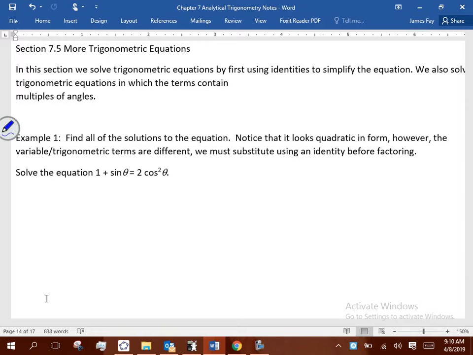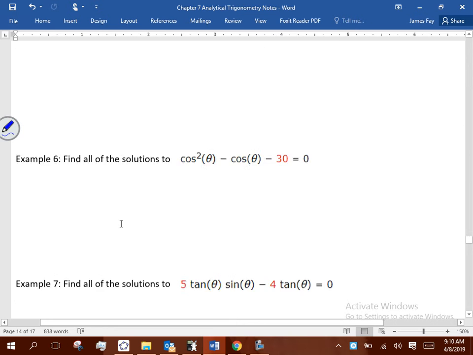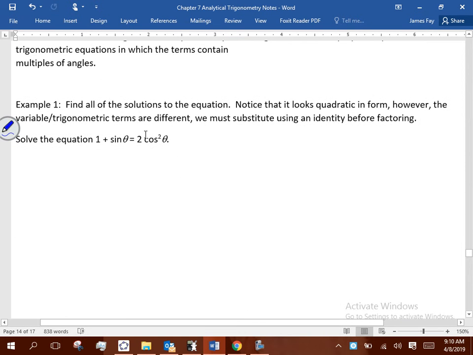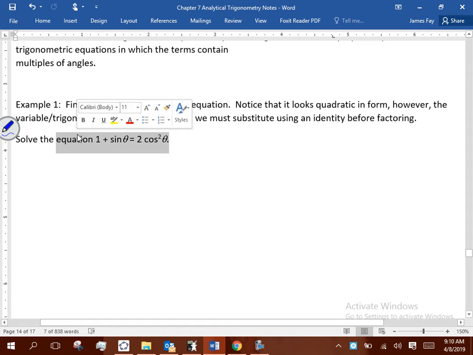I'm not going to say it's 100% of the time an issue, because we did see some in 7.4, like this one here, where having 2 trig functions in the same equation in example 7 is okay, because there's a GCF that I can factor out, and the zero product property takes over, and we're good to go. So that's okay there, but there are going to be some down here, for instance this one, that's not okay,